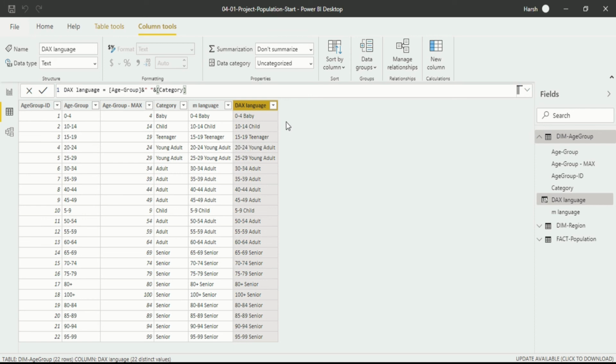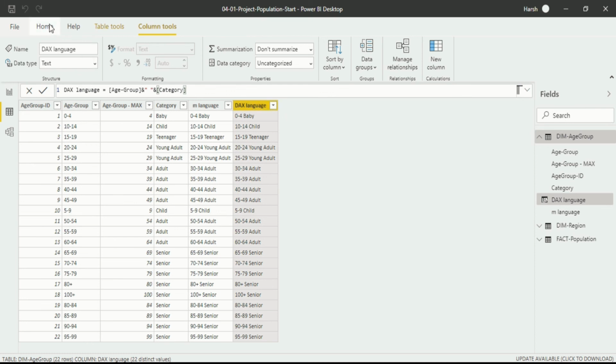As I have already told you, there are two processes for writing DAX language. I have told you one process which is similar to M language, but is actually different because the code has been written in the Power Query editor in a different dialog box. But in here, I have written the complete code. So another process is comparable to Excel. So again, I will enter a new column.